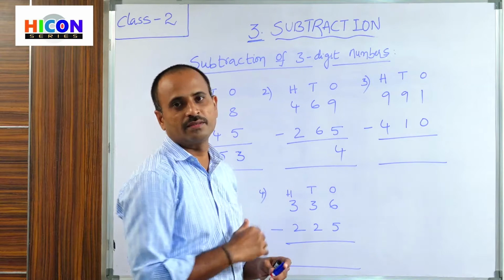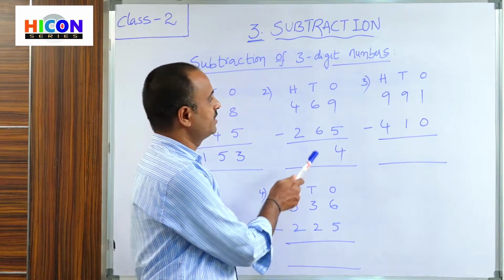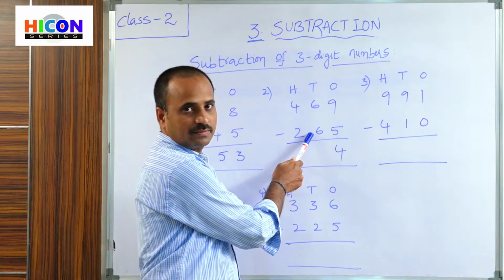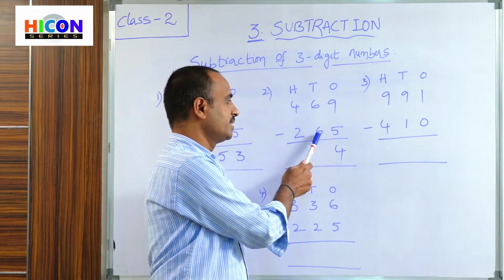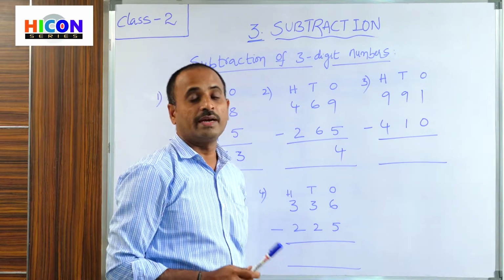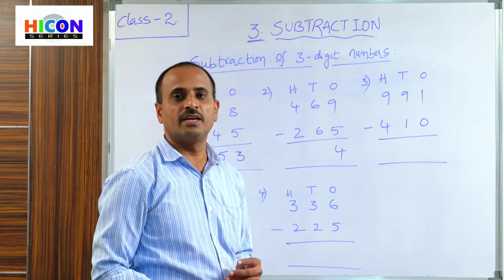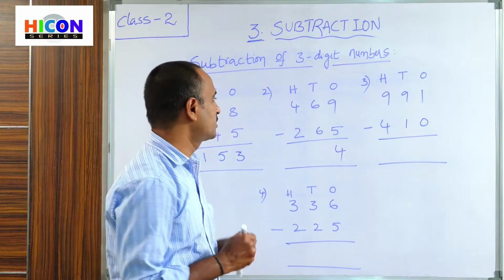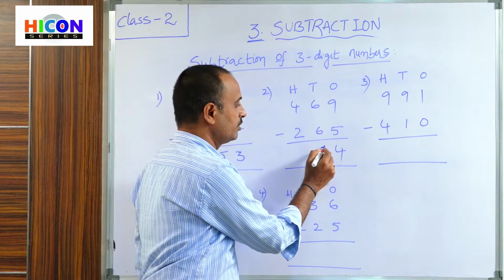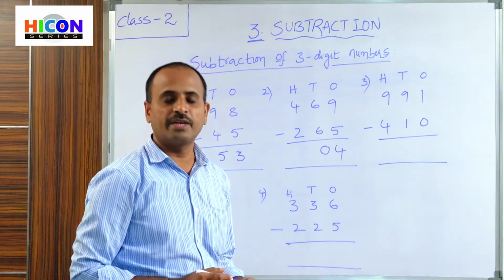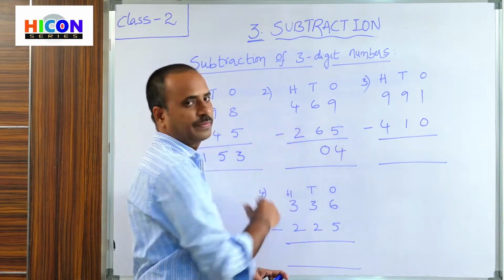Now go to tens place. Subtract the digits present in the tens place. What are the digits present in the tens place? So 6 and 6. The first digit is 6 and second digit also 6. So subtract 6 from 6. So according to subtraction facts, if a number is subtracted from itself, the answer is 0. So 6 minus 6 is equal to 0 as per subtraction facts. So the tens place is completed. Now go to hundreds place.